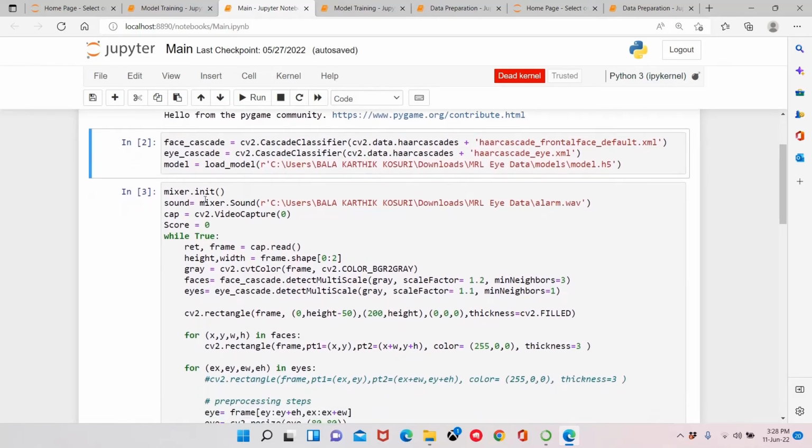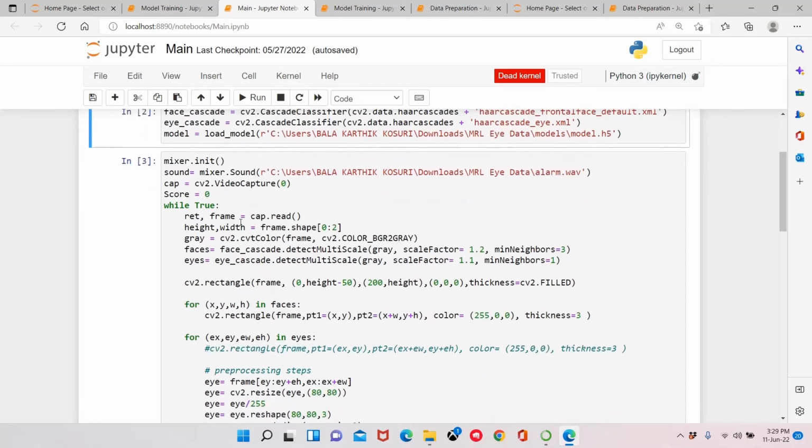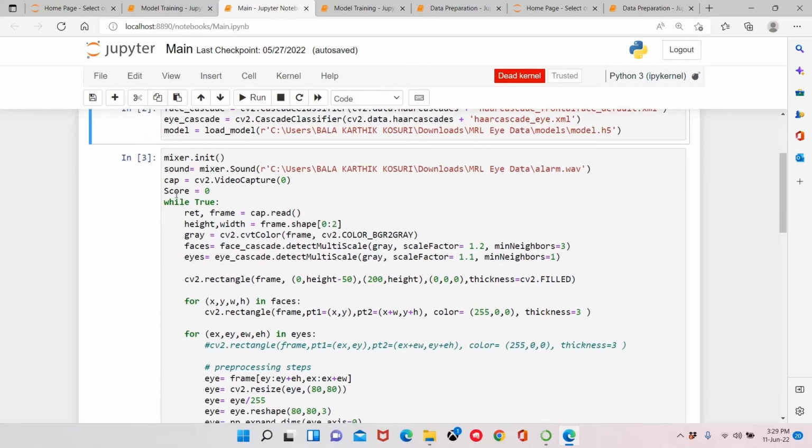Next we are assigning the sound, which is alarm.wav. Next we are starting the video capture. cv2.VideoCapture is used to start the video capture, and we are initially assigning the score as 0.